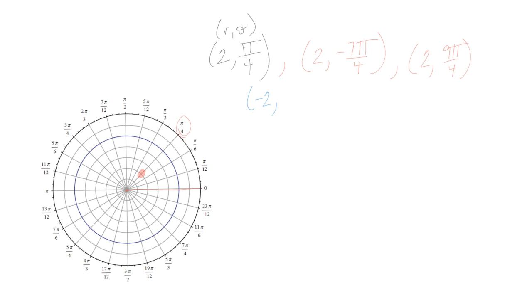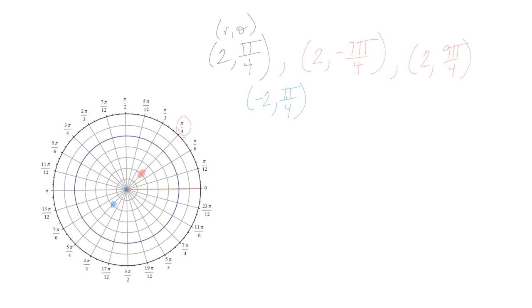For instance, if I was at the pole and the point was negative 2 comma pi over 4, I go to pi over 4, but instead of following that line, I'm going to go in the opposite direction